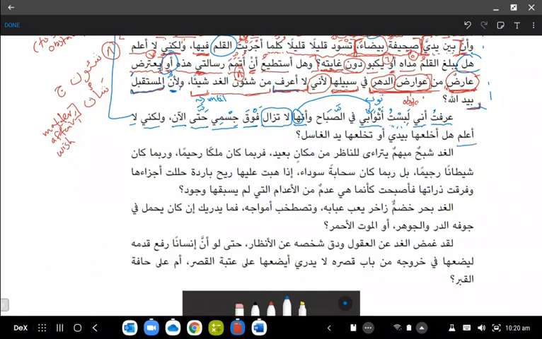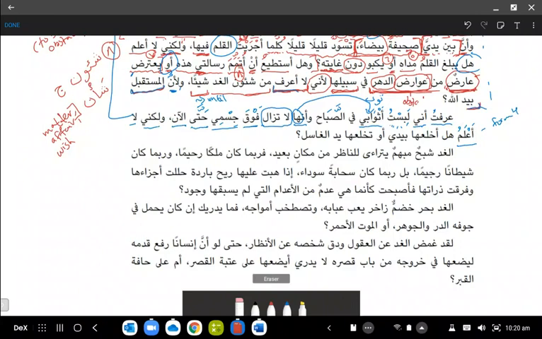However, walakinni la a'lamu, right? Now this one could be form number 4 as well. It could be a'lama yu'limu, and that's a verb. But how do we know it's a'lamu? It's form number 1. It's because of the context once again, right? Walakinni, he's still talking about himself. La a'lamu.